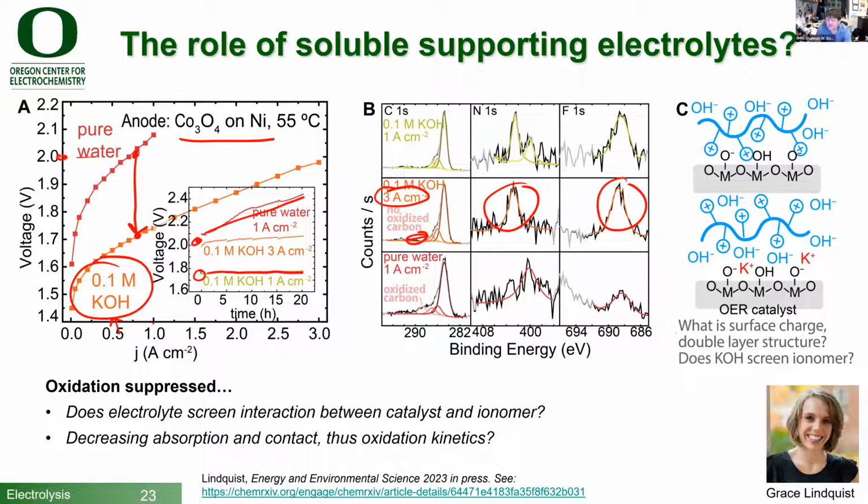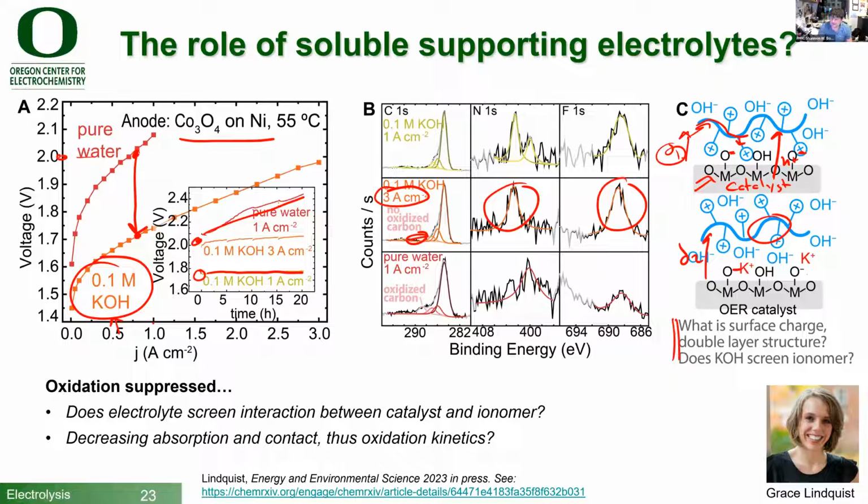of the double layer. So if you have a metal oxide surface, this is our catalyst, for example, and that metal oxide under locally basic conditions is going to have some negative surface charge. And so this polymer here is going to be strongly adsorbed onto that metal oxide. But if you add a supporting electrolyte, those negative charges can be screened by the potassium ions, we think. And that might move this distance of the polymer. It might move that polymer further away from the surface and therefore prevent the direct hole transfer, the direct oxidation process, because if this polymer is too far away, that tunneling process will be slow. We haven't proven this, but it's a